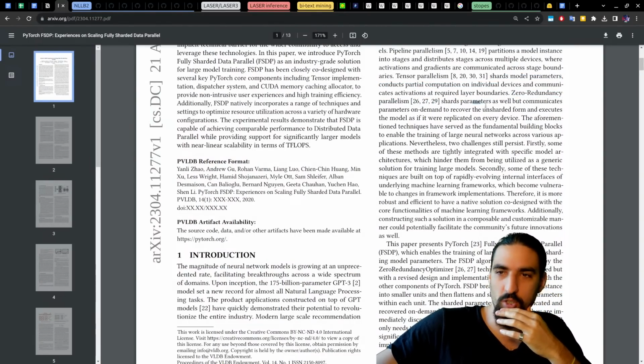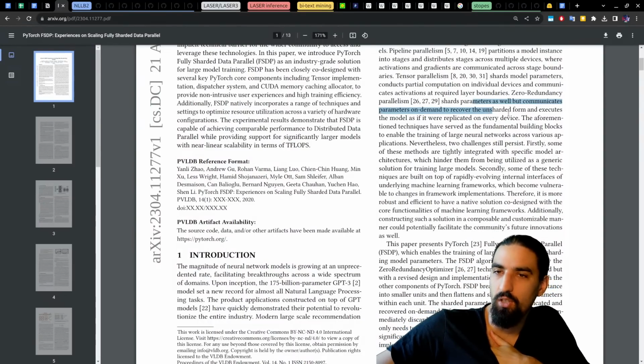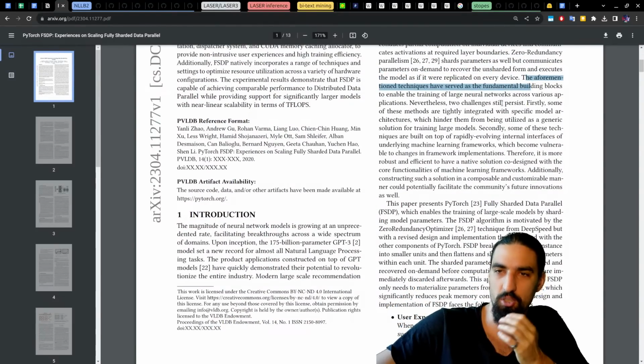It shards parameters as well, but communicates parameters on demand to recover the unsharded form, and executes the model as if it were replicated on every device. That's what FSDP does pretty much.